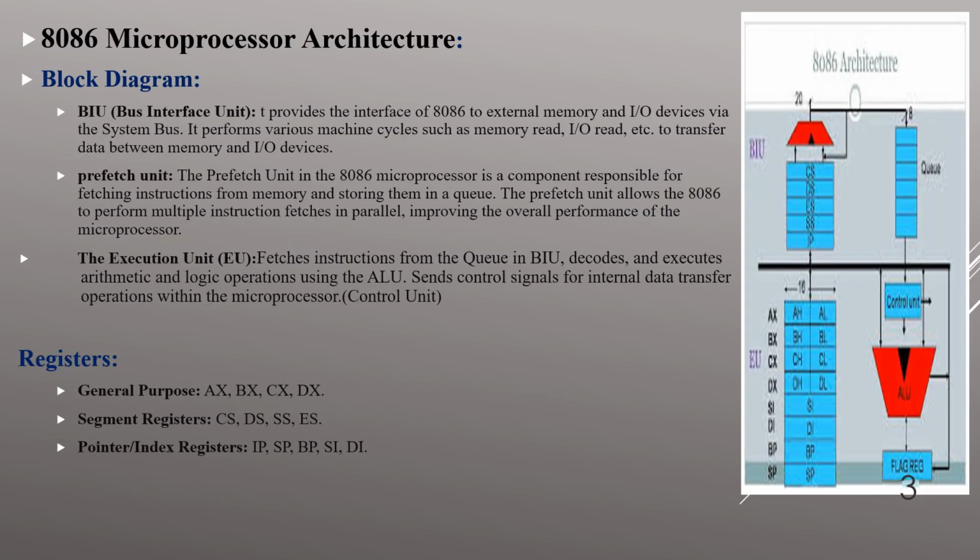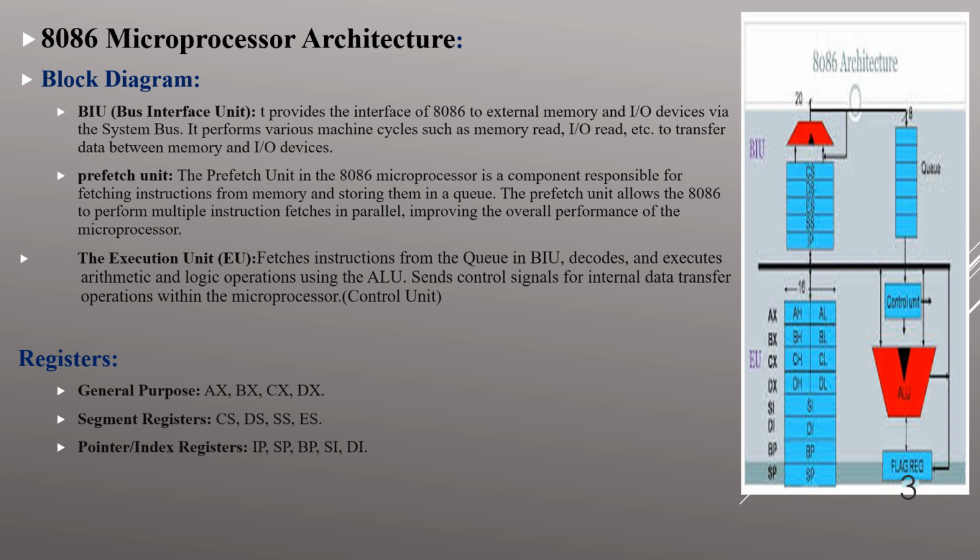8086 microprocessor architecture. As you all know, in the block diagram on the right hand side, we have to discuss what is in the block diagram. The 8086 microprocessor, introduced in 1978, has efficient processing capabilities. Architecture overview means the architecture of the 8086 can be divided into two main units. First one is the bus interface unit, that is BIU, which provides the interface between the 8086 and external memory and input-output devices via the system bus,